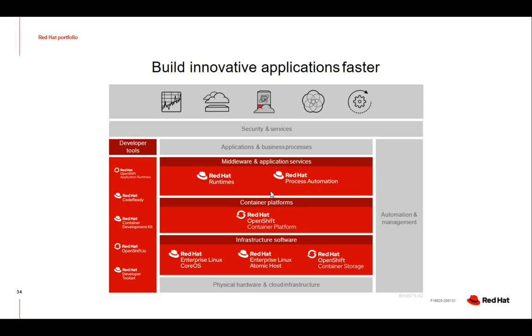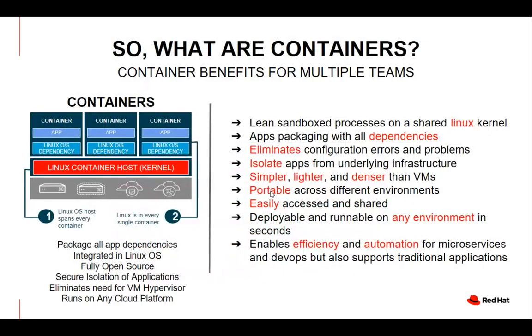Basically, once an idea has been originated, it is easier to test it, and the cost of failure is very, very less because you're not significantly investing into procurement of different licenses. You can test your application, you can test a particular microservice on the container platform, right? Then we come to the middleware and application services. Red Hat has runtimes. You would have heard about JBoss, Java Development Kit, Red Hat Process Automation, and a myriad of products we will see in the next slide, right?